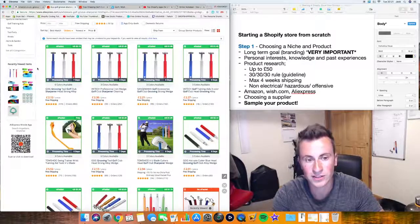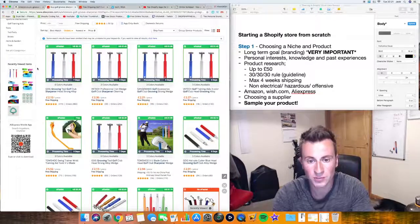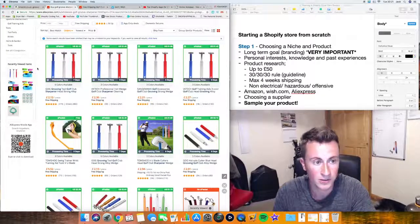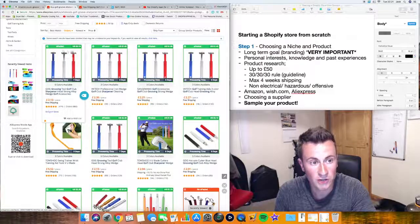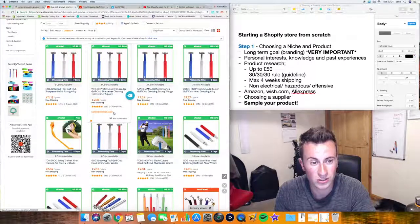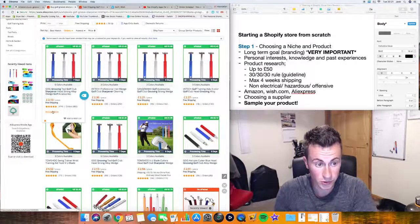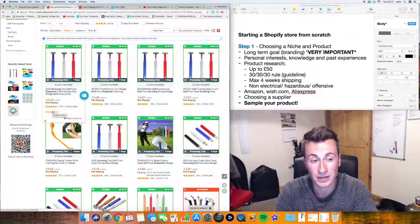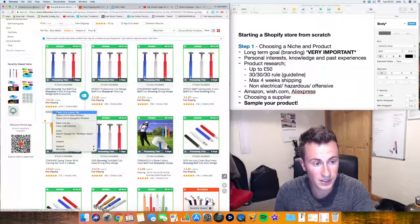Now the reason we've done this is just because if we start with suppliers that have had a high volume of orders, then we've just got a better chance of finding one that's more established. So take your mouse, and if you hover over a product listing, then it's going to show you the supplier name at the bottom. So as we can see here, Mech Sports Store, and this one, Sports Knowledge Store. So what we'll do is we'll go for a couple, and I'll just explain and show you the things you need to be thinking about or considering. So taking this first one then,